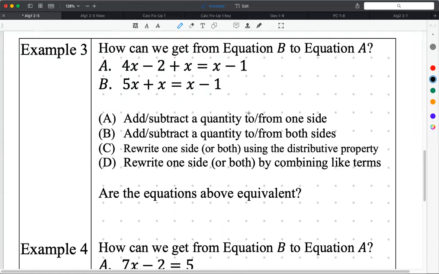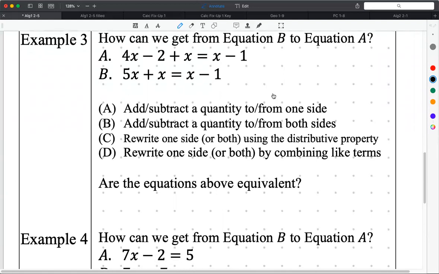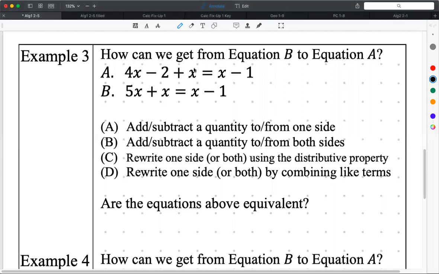Jose, I might need your help to try to translate options A, B, and C when we get there. But I know some of you guys are still copying this down, so I'm gonna give you a few minutes to make sure you have everything down here. All right, so